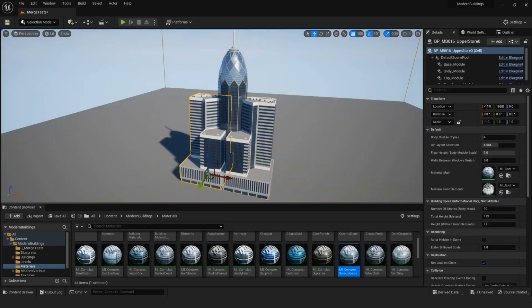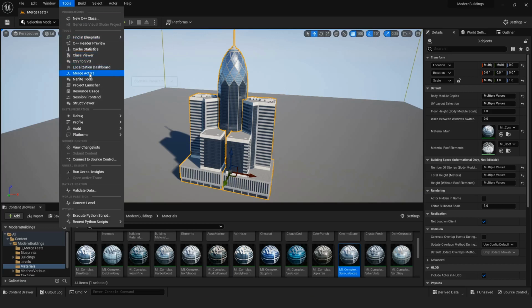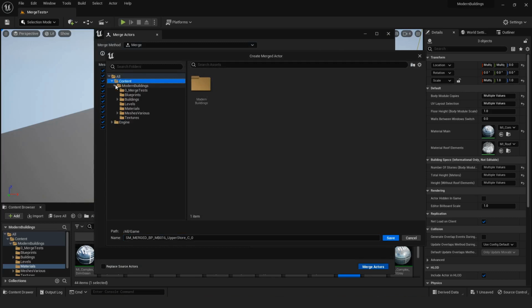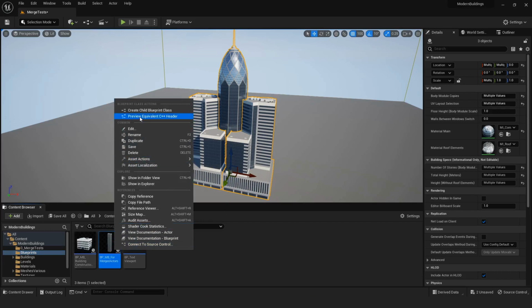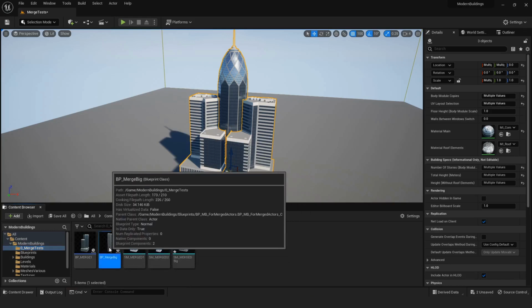Then, as always, select the buildings, Tools menu, Merge Actors, name it. I'll name it Static Mesh Merge Big. Go to the Blueprints folder, create a child blueprint, move it to the folder, open the blueprint,